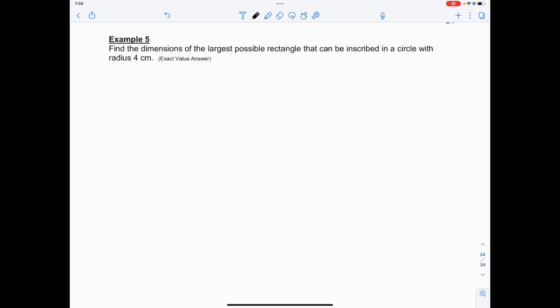Okay, for example 5, it says, find the dimensions of the largest possible rectangle that can be inscribed in a circle with a radius of 4 centimeters. So, we have a rectangle. It's inside of a circle. The radius is 4 centimeters,